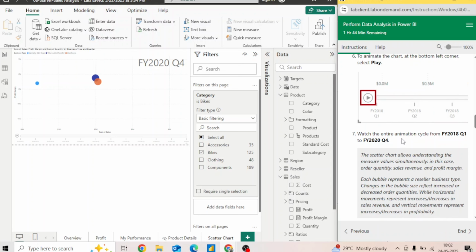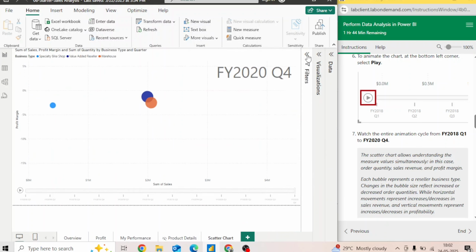Watch the entire animation cycle from FY 2018 Q1 to FY 2020 Q4. So see what will happen. Let me collapse all these fields and let us play. See, this is the way the animation will be played. Whatever data is present in the table, accordingly it will create this animation,